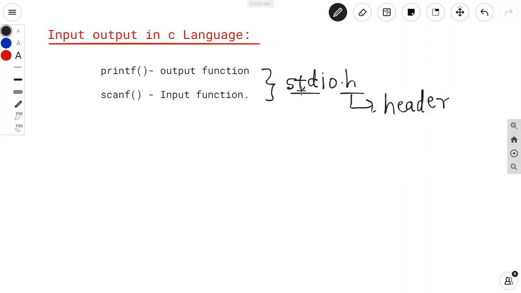And in this header file all the functions which are required for taking the input from the user and printing the output on the screen are defined. That's why if I'm using any one or both functions in my program, then I should include the header file